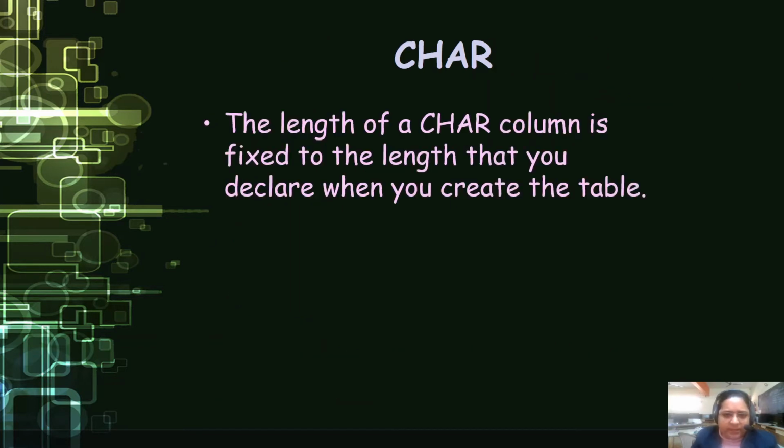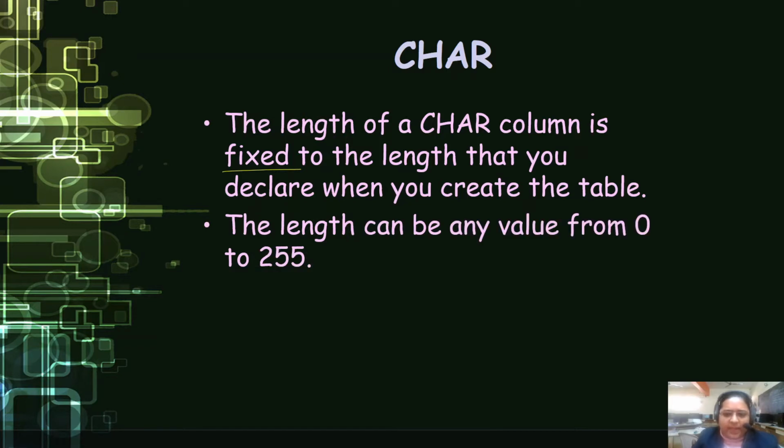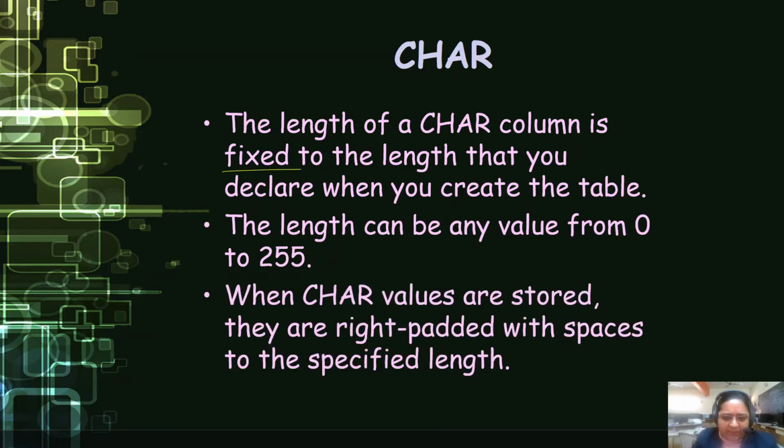Now what is char? The length of a char column is fixed to the length that you declare when you create the table. The length can be any value from 0 to 255, and when char values are stored, they are right padded with spaces to the specified length. For example, if we have a field like S name and we take char 30 as the maximum length, and the name which we are actually storing into the table is